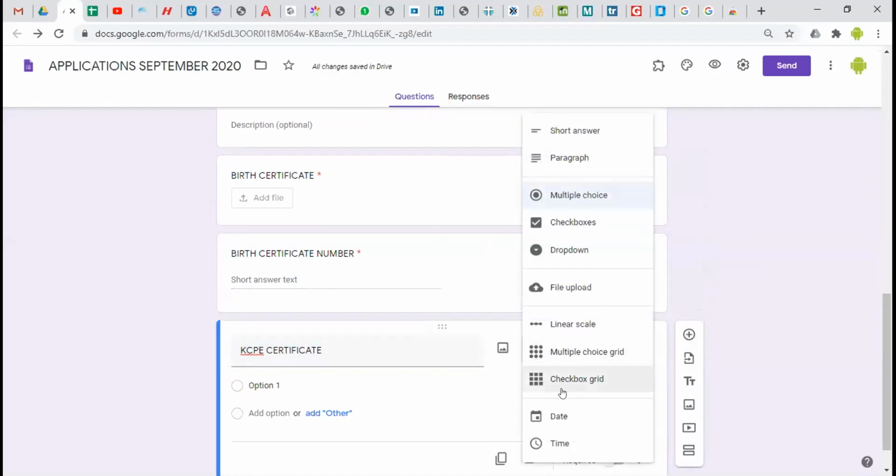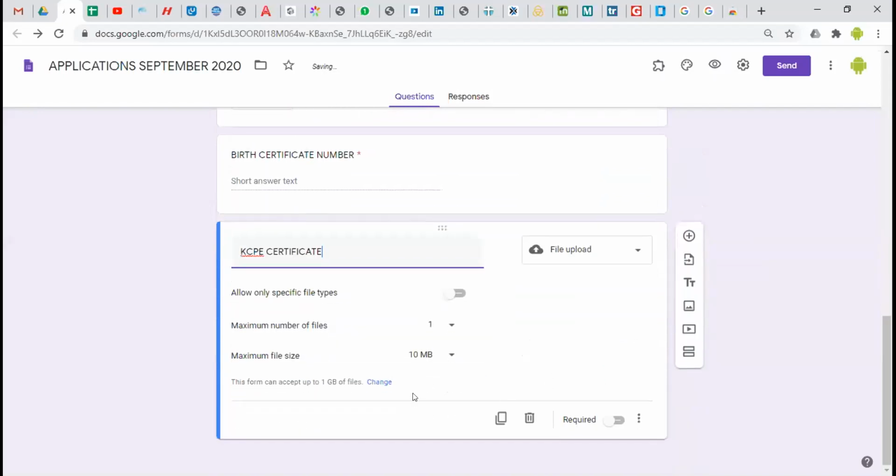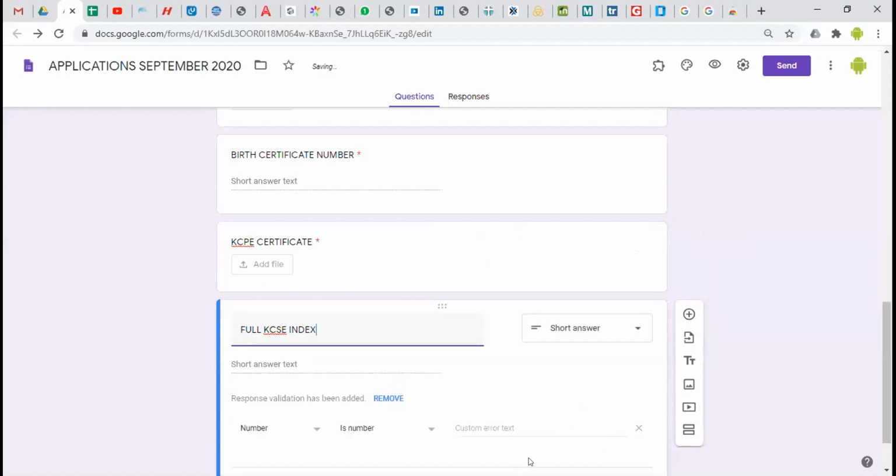Then you say it is a file they are supposed to upload. It's compulsory. And then full KCSE index is also compulsory.